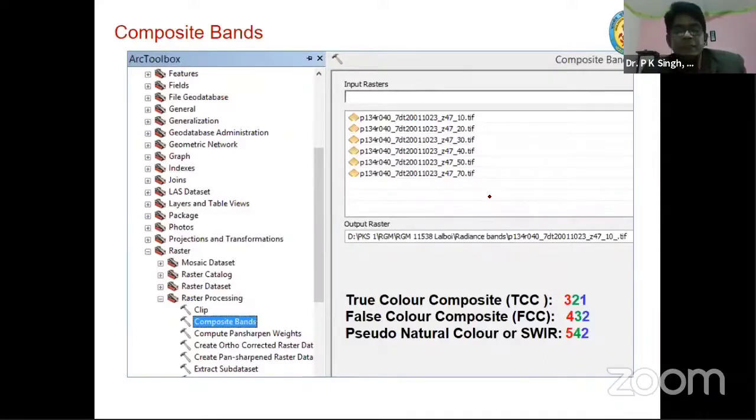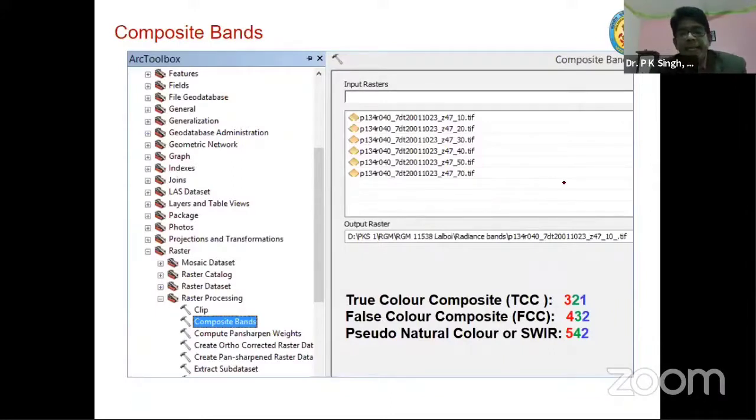You know, in color composite, there are some standard names. One is true color composite. True color composite means it will be giving you the feeling of true color, how the actual object looks. Suppose one forest, you are looking from top of the forest from the sky, how actually it looks. If you are preparing that type of composite, then it is true color. True color composite you want to make means you have to give the color corresponding to that band, which is actual band.